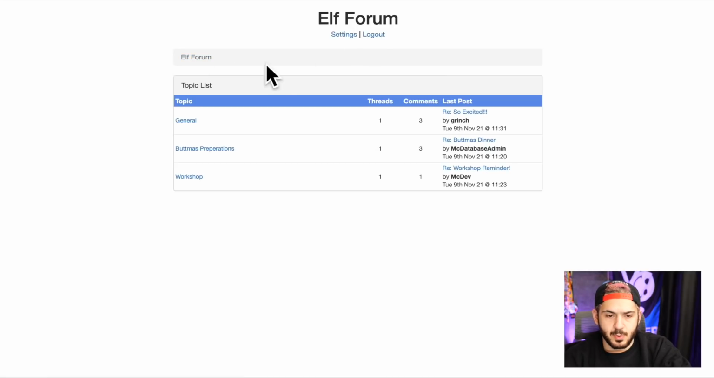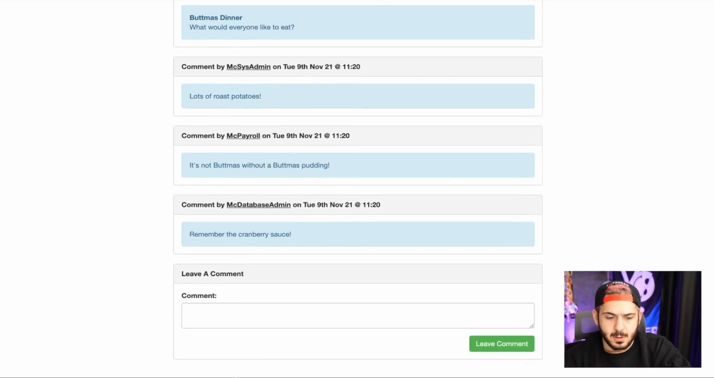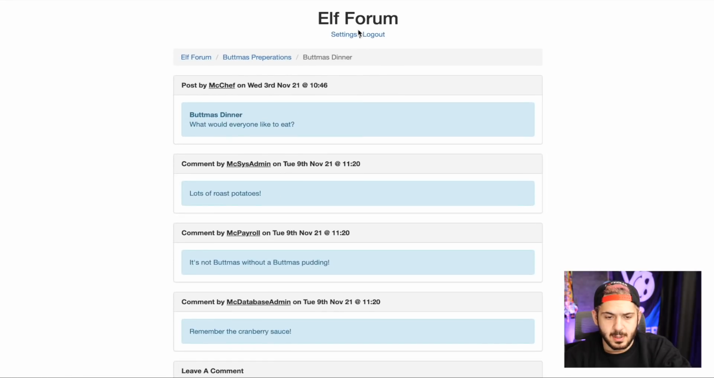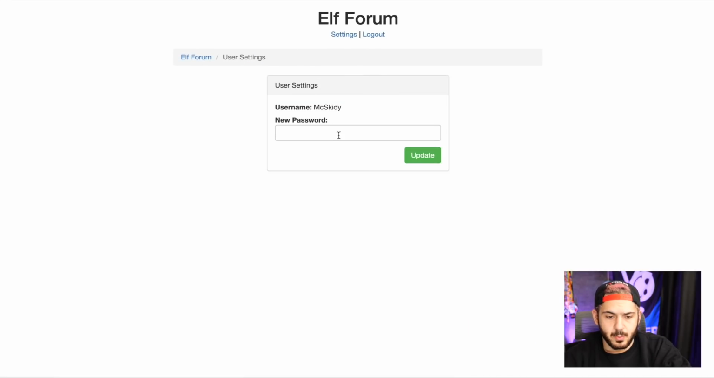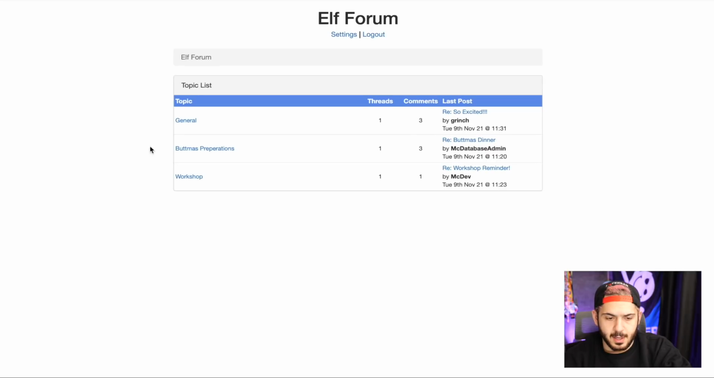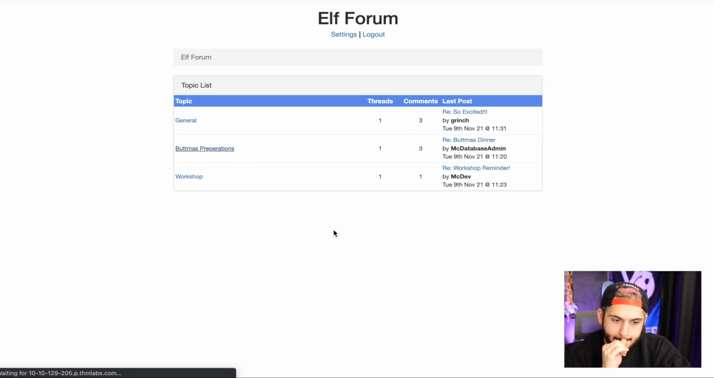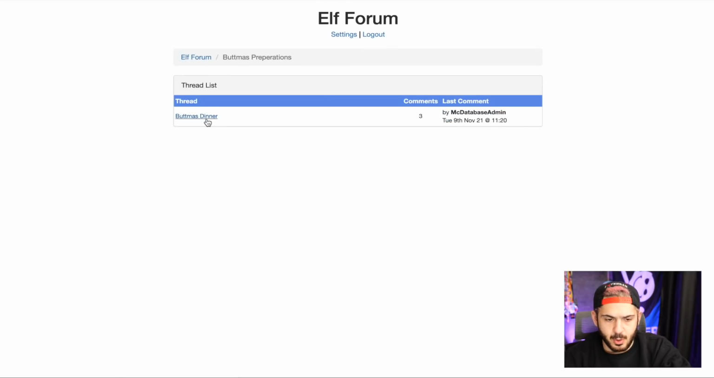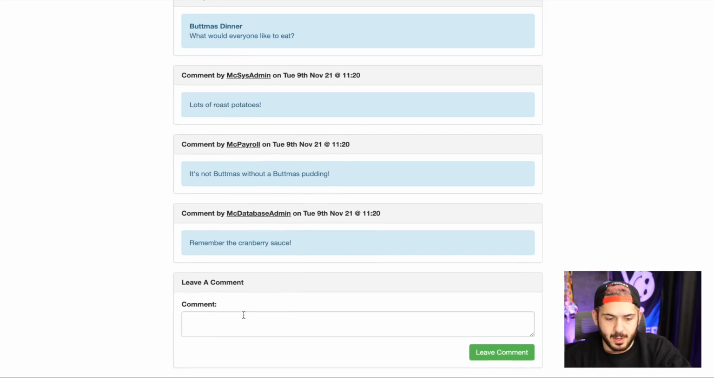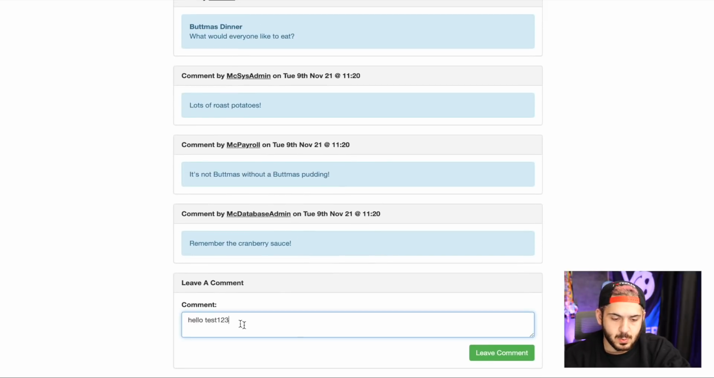Now we're logged in. We can see the login form is gone. We have access to a few different forums, a few different posts. There's a settings page. We can put in a new password, and it looks like we can actually make new comments too. So we're going to go to this thread, and we can make a comment like, hello test 1 2 3,